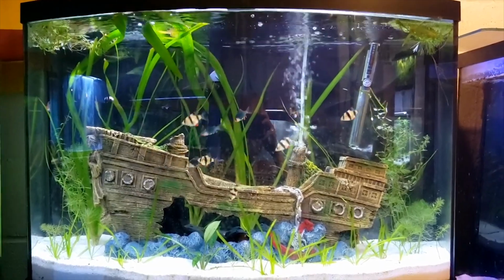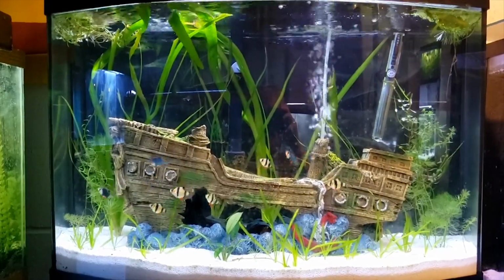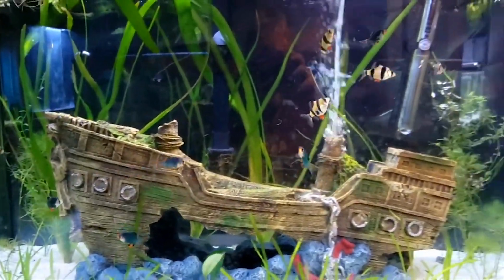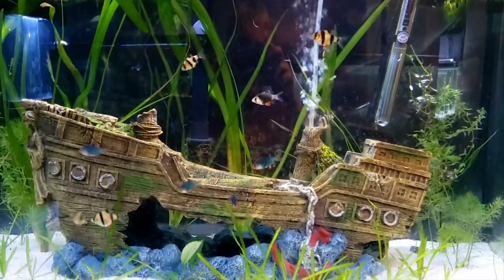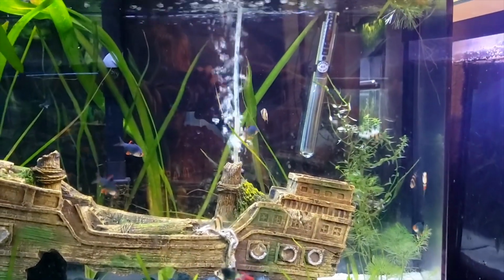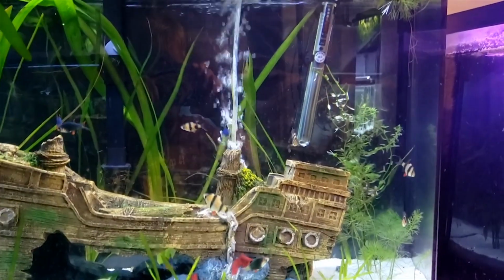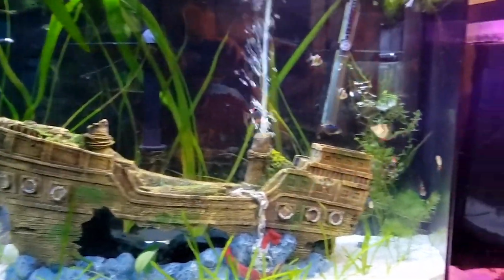The final inhabited tank I have is a 36-gallon bow front where I have tiger barbs. In here we have a school of 5 typical tiger barbs, as well as a school of 5 green tiger barbs. Tiger barbs are definitely another common fish, or at least throughout the fish hobbyists, I would say they definitely are. And though they might be simplistic, just seeing them school around in a live planted tank especially, I think